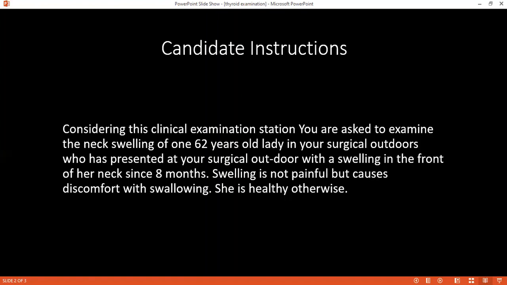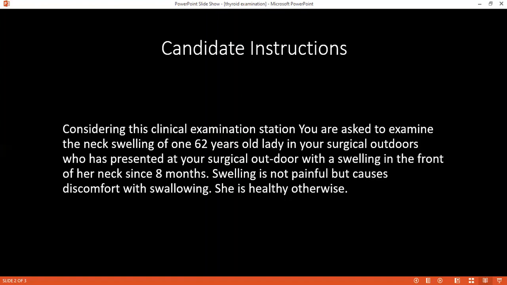Yes, ma'am. To manage her, I would like to investigate by doing an X-ray of the soft tissue neck. I'll do ultrasound guided fine needle aspiration cytology of the swelling. I'll also do thyroid function tests, and preoperative investigations, including chest X-ray, ECG, full blood count, serum electrolytes and creatinine. Then treatment